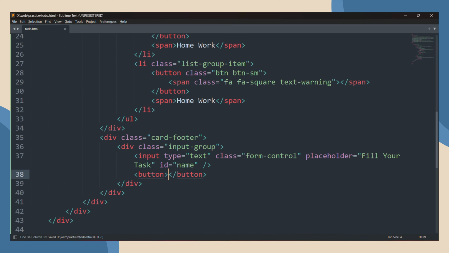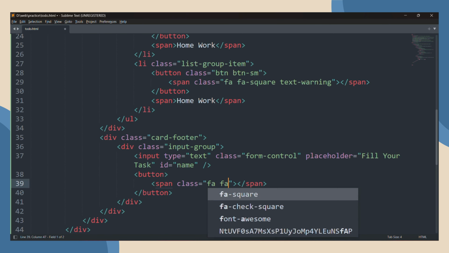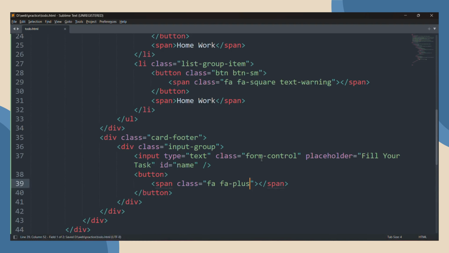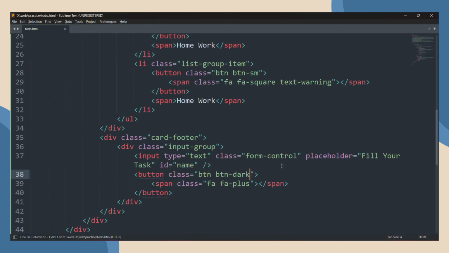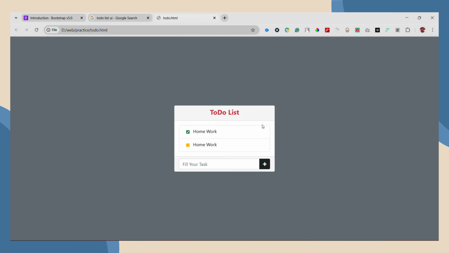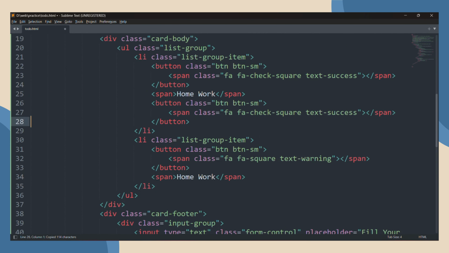So for the button, we will use a span tag and fa-plus, if I'm not wrong. Perfectly working. The class is btn. Let's make it dark, a black color icon. Okay, so we are done with this part. Now the design portion is almost complete. Just left with the delete